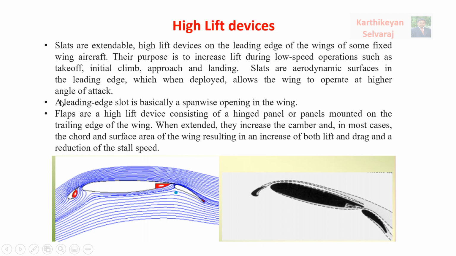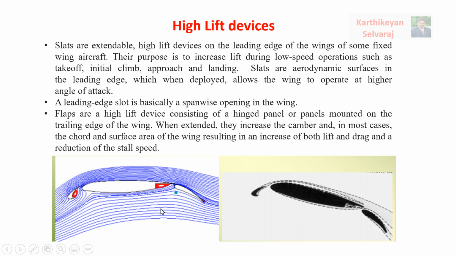Okay, one more thing will be available, and you have to read it carefully. That is the span-wise expansion. Span-wise expansion means the length of the expansion is measured based on the length of the wing. So the leading edge slat is basically a span-wise expansion, that is called a slat. But we are discussing only slat and flaps.